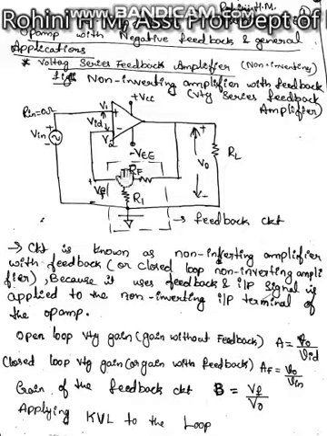The drop across VF is calculated by the voltage divider rule, because here is the voltage at the output terminal Vout. So VF is a part of this output applied, and here we are connecting the load resistance RL. So this circuit is known as a non-inverting amplifier with feedback circuit.